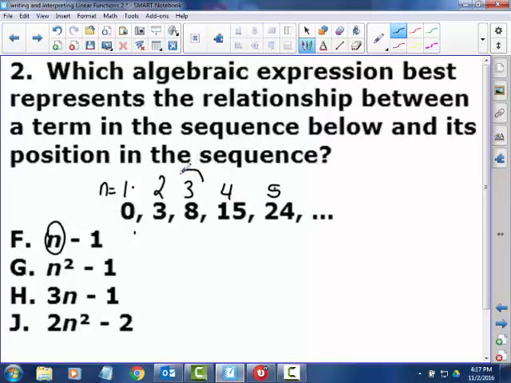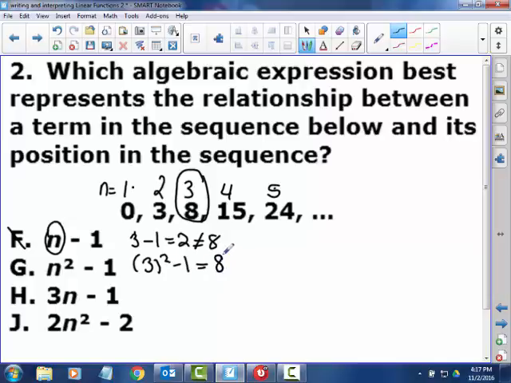So I'm going to go with my theory here and just stick with the middle. Okay, so this would be 3 minus 1, which is 2, but it's not 8, which is what we need it to be. Okay, n squared, so that would be 3 squared minus 1, okay, which is 9 minus 1,